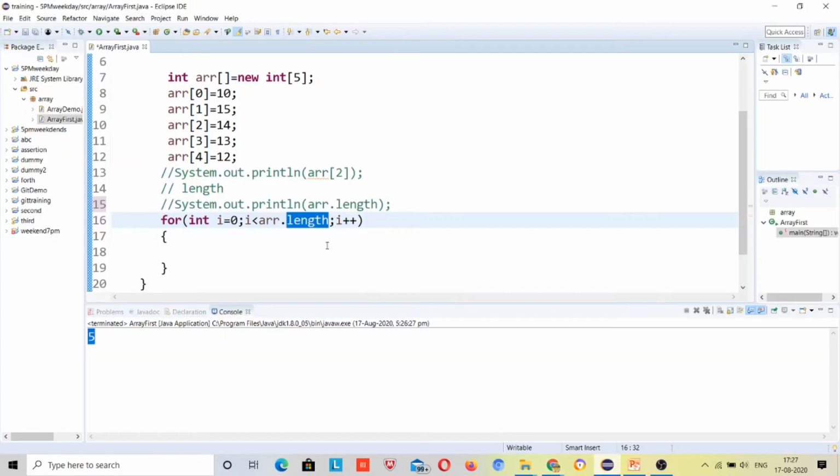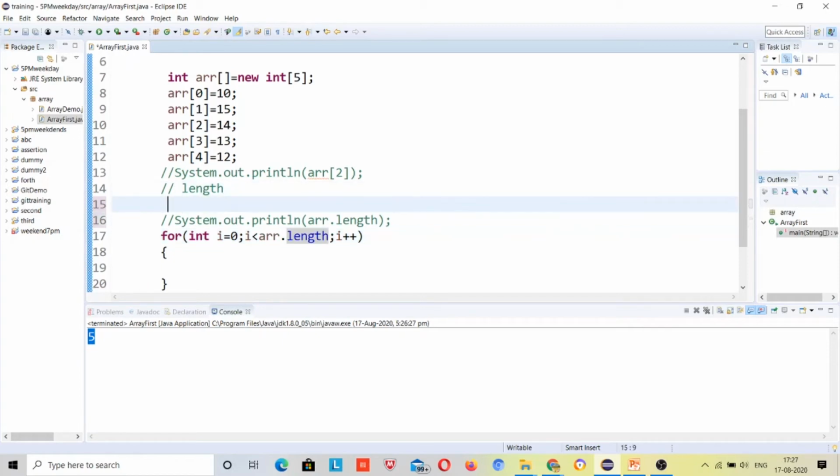Yeah, the loop will run 5 times. Here I have to get how many times I have to run the loop, right? So I have to run the loop 5 times, but the current value is 0.